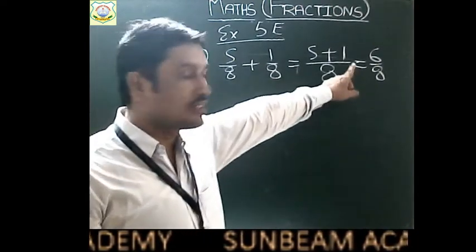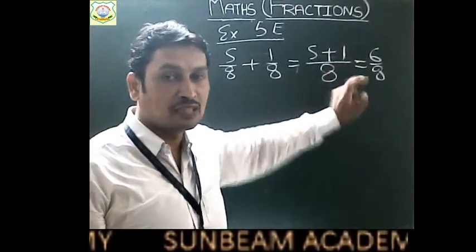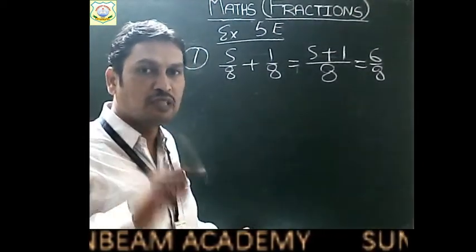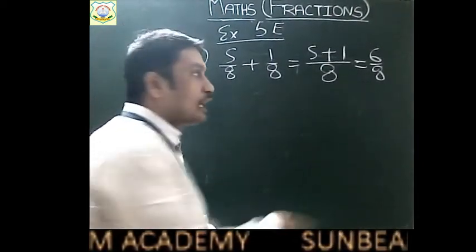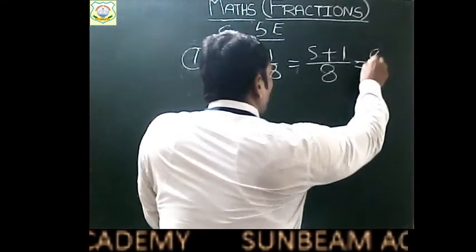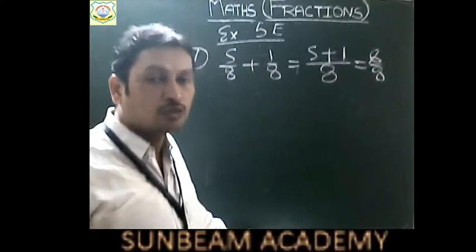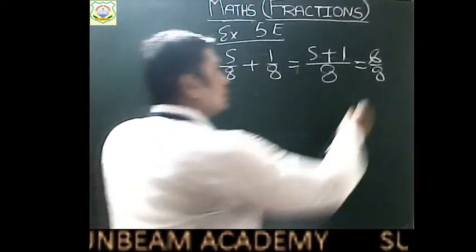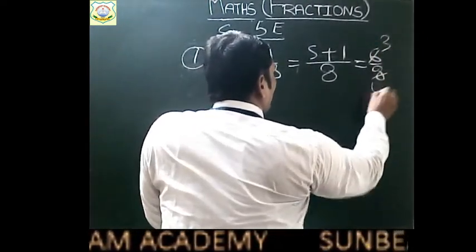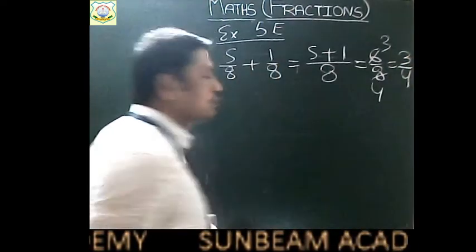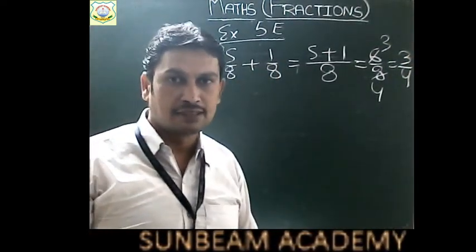But here you can see, children, both the numerator and denominator have a common factor, that is 2. So what will you do? You will have to convert this into simplest form. For this, children, we will divide both the numbers by their common factor. The common factor here is 2. So divide 6 and 8 by 2. So 2 threes are 6 and 2 fours are 8. What do we get, children? We get 3 by 4. And this is the answer.